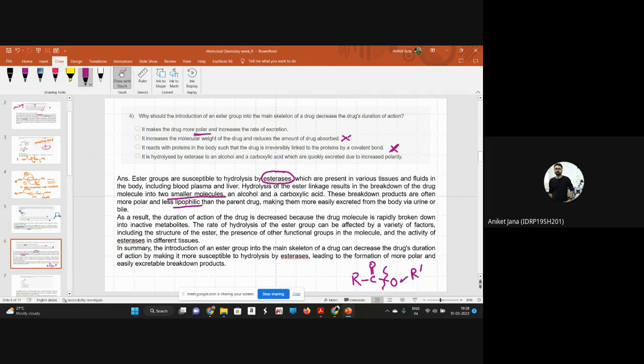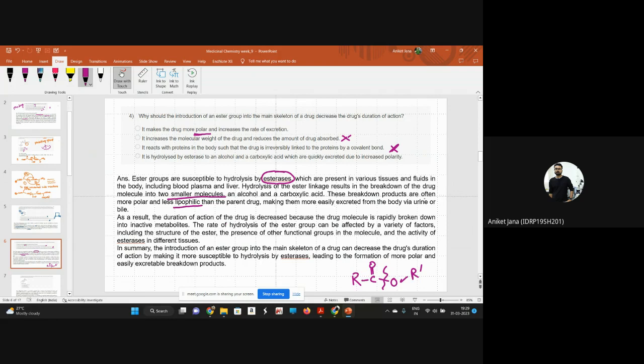How do we explain the term lipophilicity of a drug or a molecule? Compounds which have more carbon and hydrogen increase the lipophilicity. What is the significance of that lipophilicity term? They have philicity towards lipids, not water, so they will be soluble in non-polar solvents. When lipophilicity increases, they get solubilized in non-polar solvents, right?